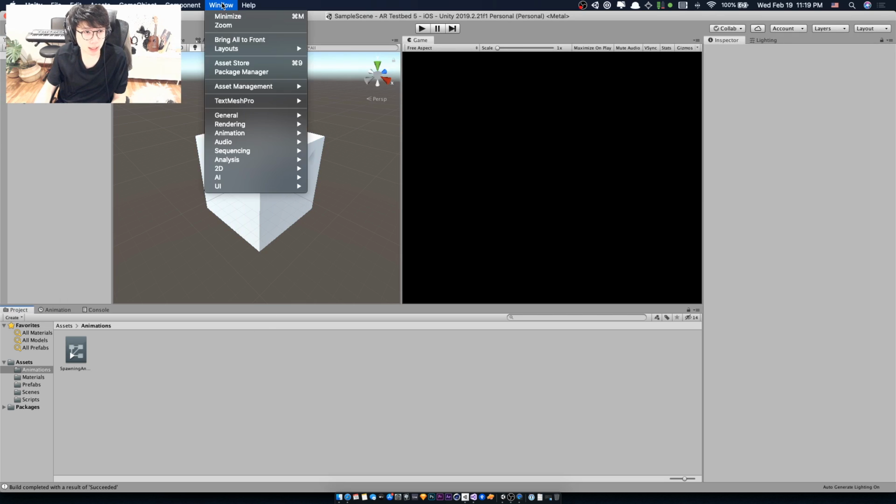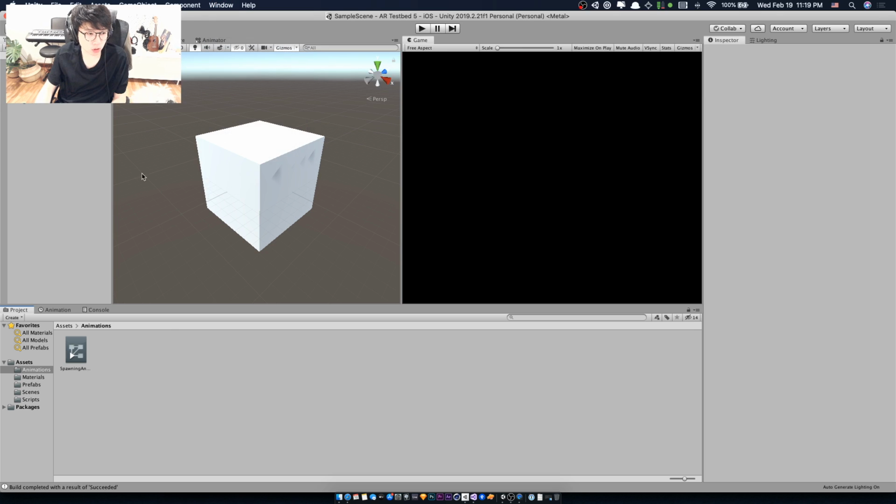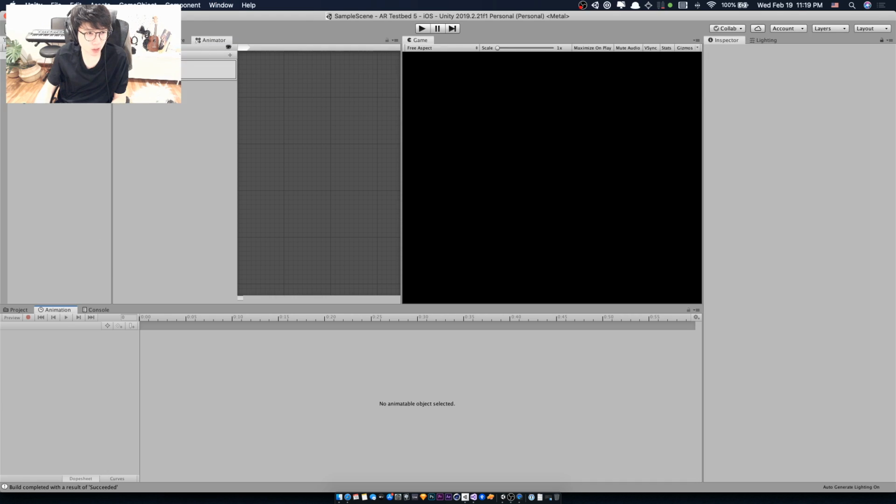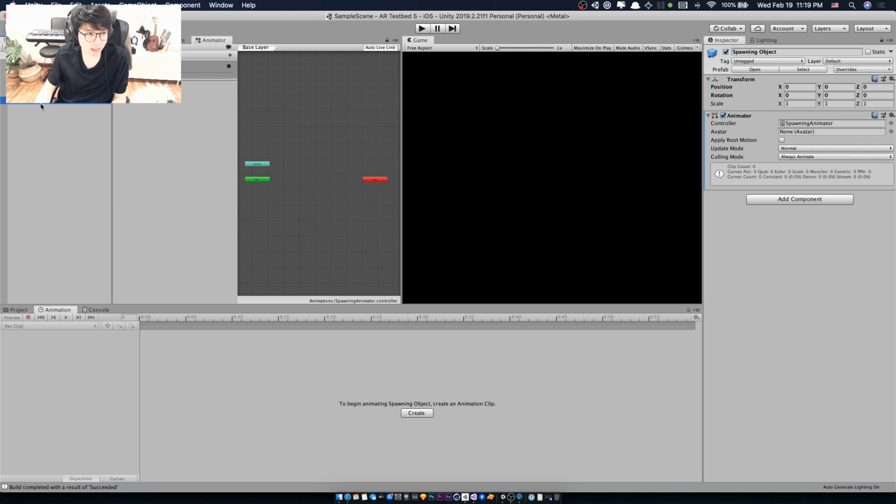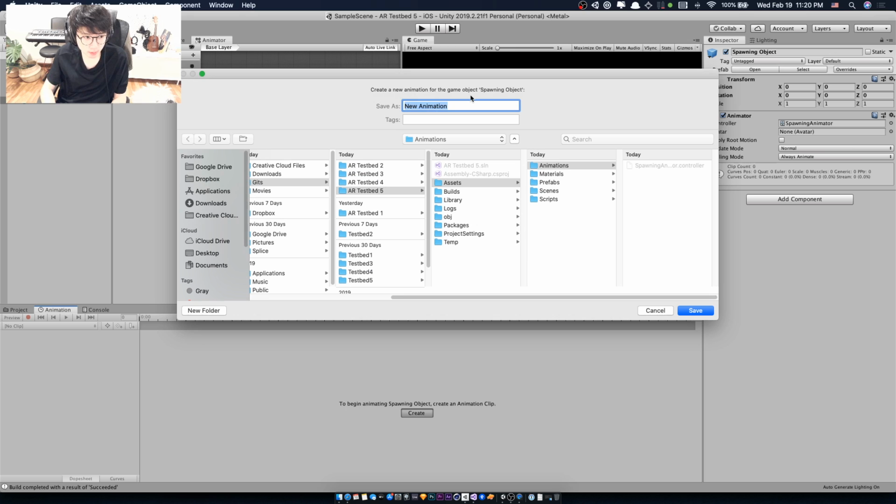And you guys still remember how to open the animator window and animation window, right? Just click on Window, Animation, and here are the animation and animator windows. Once I drag the animator into this object, you can see that it will appear here when you open the animator window. And for the animation window, you can hit create a new animation,